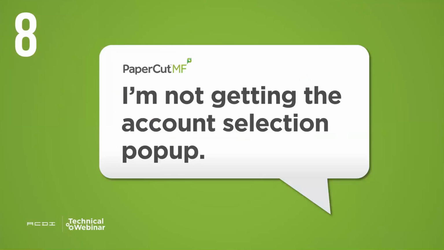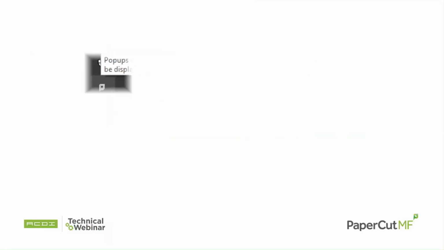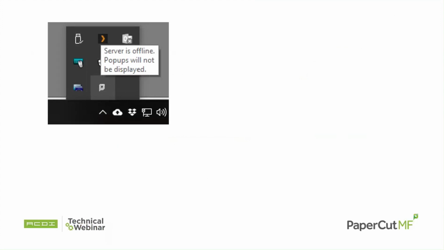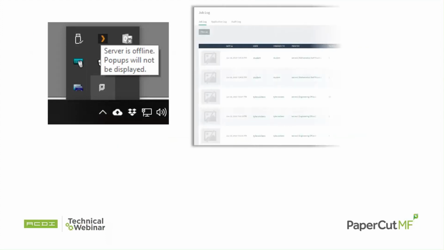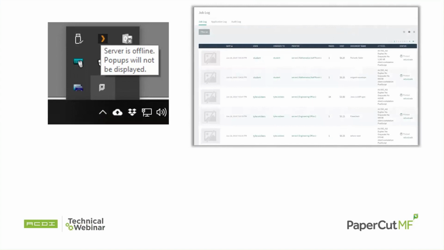Number 8. I'm not getting the account selection pop-up. Is the client running? Check the taskbar to see what the status is of the server. Is it connected? And while the client is backward compatible, do you have the latest client installed? Print a job and check the job logs to see if the job is listed. Perhaps you're connected directly to the printer, so PaperCut doesn't see the job. If the job arrives and is not listed, then that's a pretty good indication that PaperCut is not monitoring that